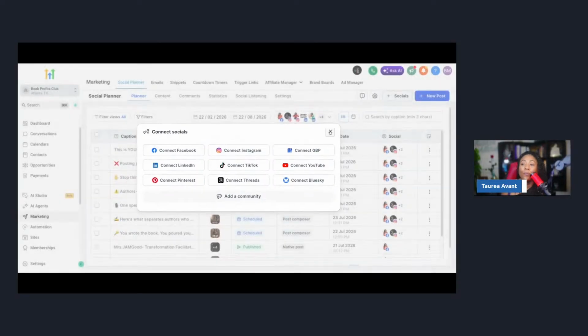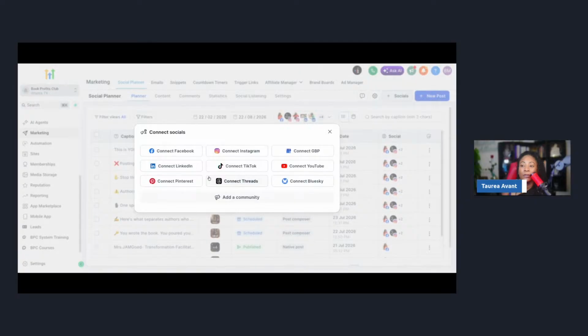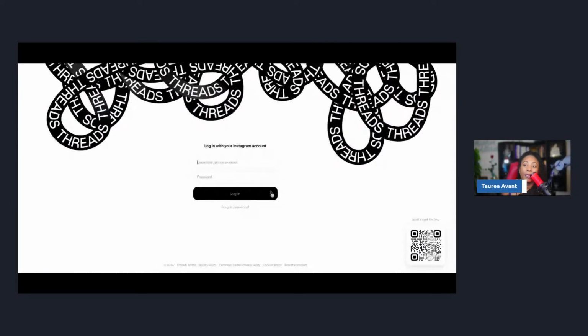Okay. So you're going to connect all your social media before you tell it on the Ask AI, because if you're not connected to anything, it cannot post. So all you have to do is connect it one time. And it's real simple. All it's going to do is ask you for the login. So when you click on that, you see I can log into my Threads account, but I already have my Threads account set up through Instagram to automatically post when I post from Instagram. But with Threads, it does have a word count, so it's not going to post when you have too many words on the caption.